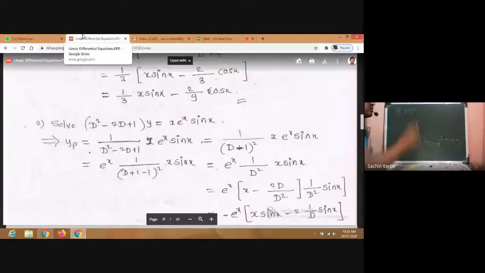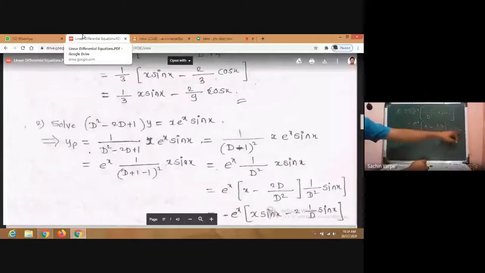So what do we have now? e^x has done its work, don't bring it back in between. So 1 upon D² into x sin x, isn't it? And now we can use the case x into v. What does that say? e^x into x minus phi dash. So its derivative is 2D upon phi of D into 1 upon D² of sin x, isn't it? Here we can cancel, or if you don't want to cancel it, let it be, because we need it for the replacement. e^x into x minus 2D upon D² of sin x.